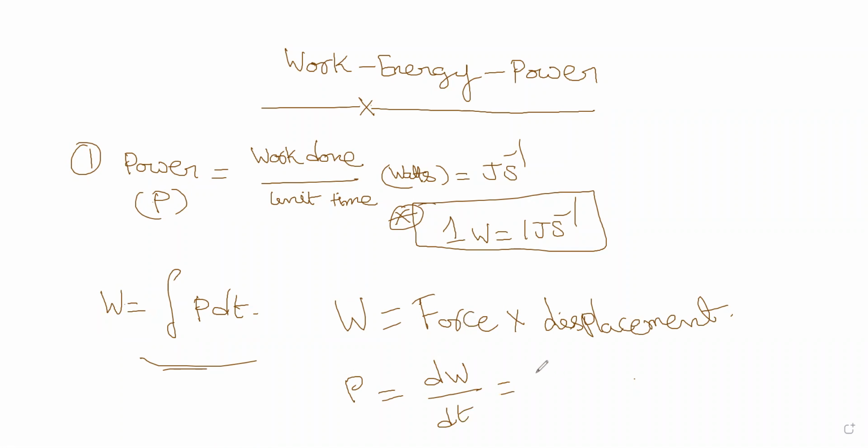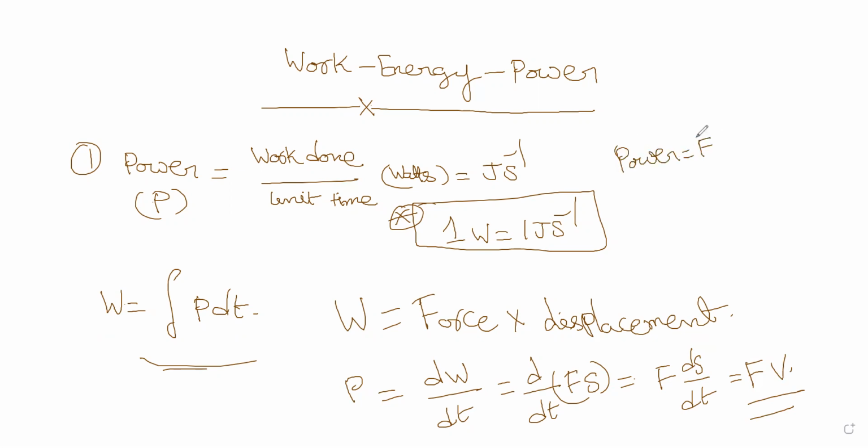So if the force is constant, we can write W = F s, so power is F into ds by dt. If the force is constant, that is F into v. This is the other way of representing it. In terms of dot product, the power is the dot product of force and velocity. So with these few concepts, we will go ahead solving some problems. And tomorrow I'll introduce you to the work energy theorem and other things.